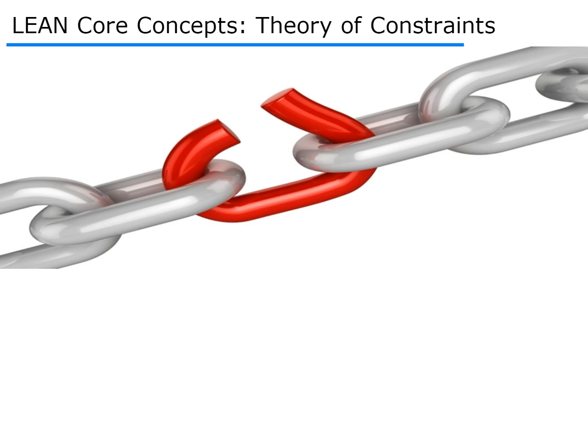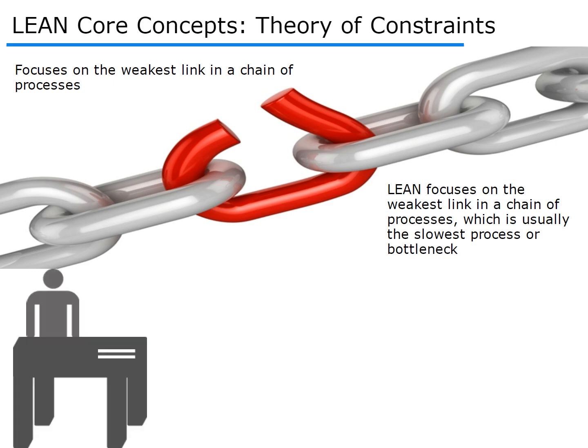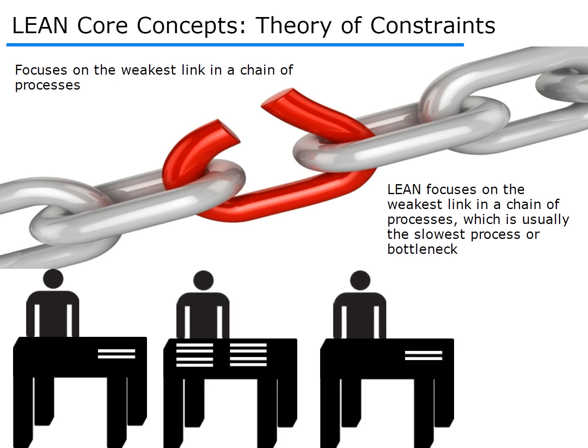Just like a chain is as strong as its weakest link, a process is just as fast as its slowest sub-process. Most organizations identify improvement opportunities and execute them in departmental silos. Imagine each of the individual links in a chain as separate departments. If some department strengthens their link, it will not make the chain any stronger, as long as the weakest link